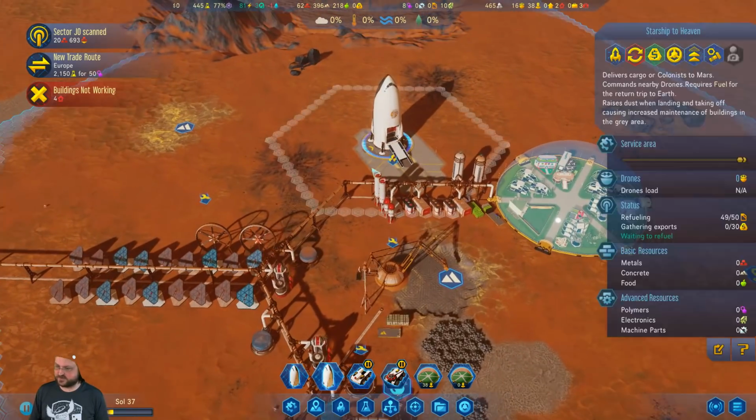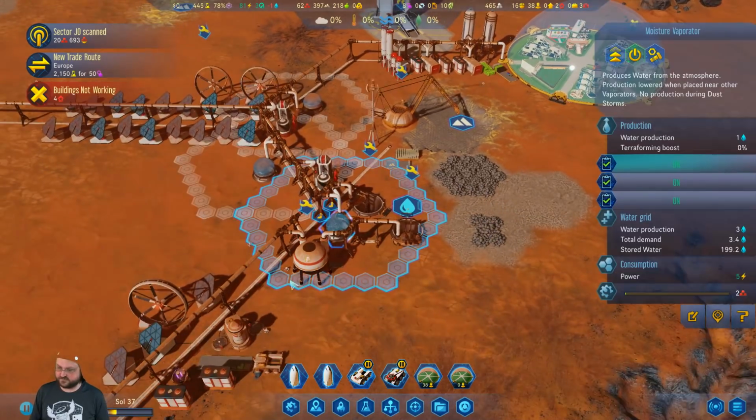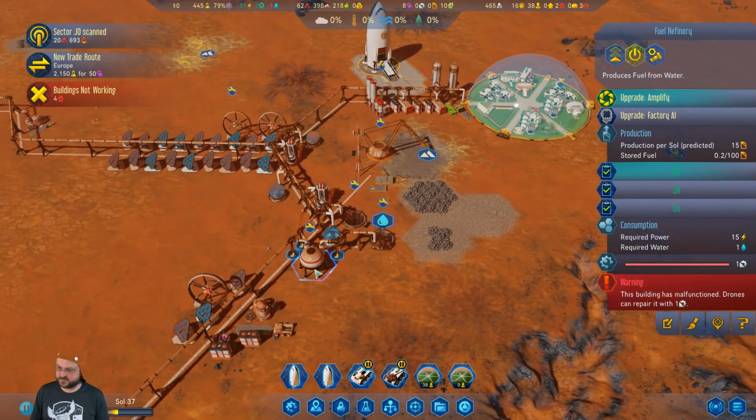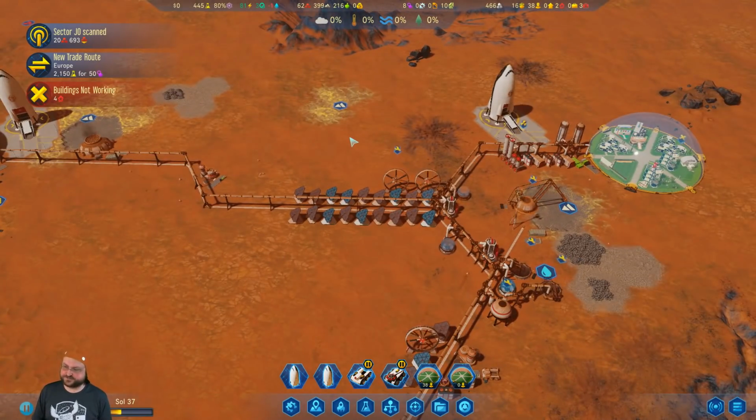Yeah, we don't have machine parts. And you need fuel, which we don't produce enough of. Oh, and this needs maintenance because we don't have machine parts. Yeah, and we can't get machine parts. This...